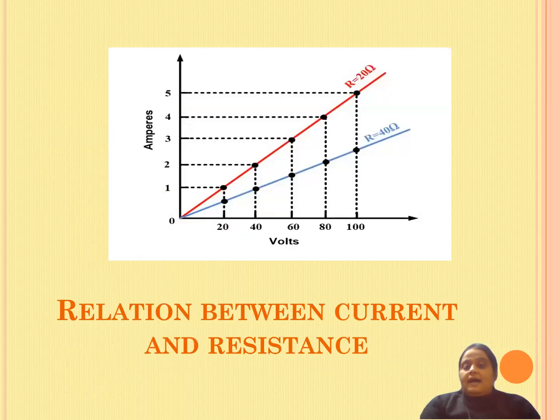Now just pause the video and observe the graph properly, and find out what is the relation between the current and the resistance. You can find out that in the first case the current is more, because the current is shown here as 5 ampere at 400 volt, and the resistance is set at, say, 20 ohms. In the second case, for the blue line, the 100 volt is there,